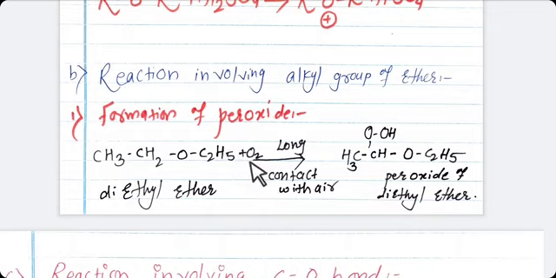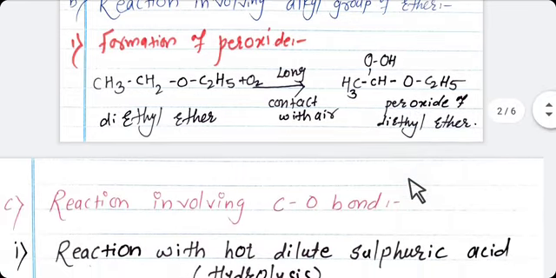This oxygen is attached on this CH2 group and changes the CH2 group into a peroxide group. As you have seen, this CH2 group in the product changes into peroxide, meaning CHOOH. These 2 oxygens are attached with this CH2 group. So whenever ether combines with atmospheric oxygen or has long contact with air, it forms peroxide.